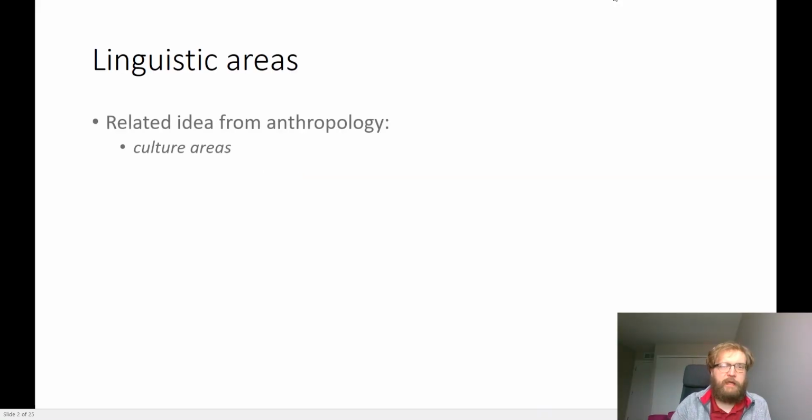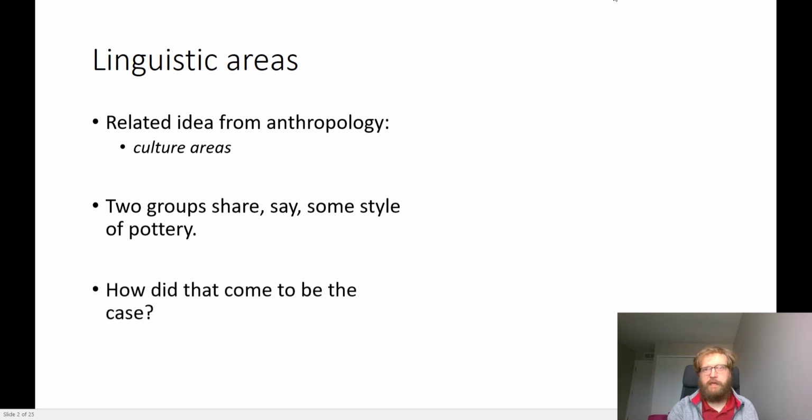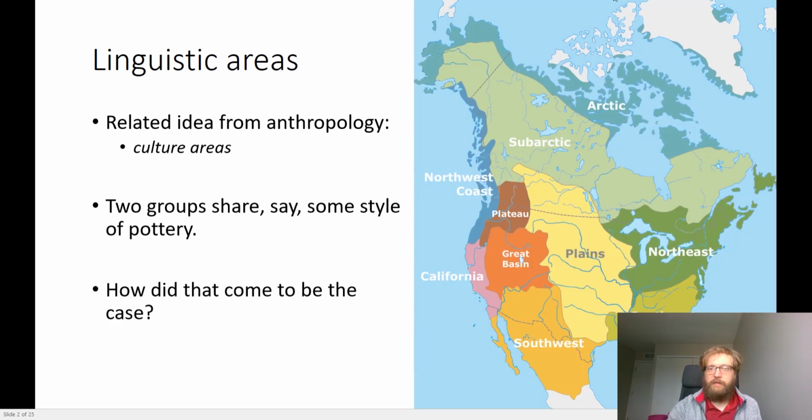The idea of the linguistic area is very similar to an idea you may have heard in an anthropology class or just picked up from somewhere, the culture area. Imagine that two groups share anything, say a style of pottery, a style of dress, a style of dancing. How is it the case that they come to share those things? Well, if you start doing a bunch of research in the anthropological world, you start arguing for a couple of broad culture areas that split into the Northeast and the Midwest, a broad plains area that crosses into the Canadian plains, etc. We're going to be discussing something slightly different though, because we're going to be focusing on